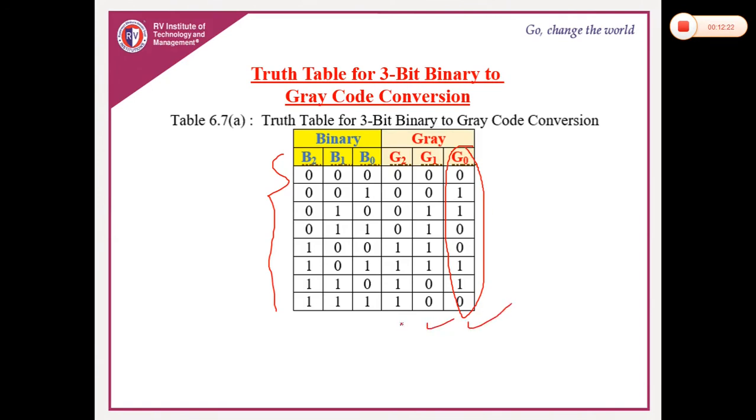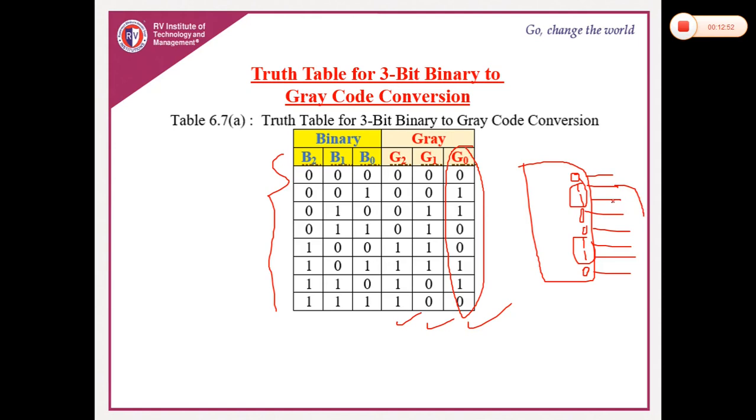So this separate, and this separate. In the IC, we have 8 outputs, right? 1, 2, 3, 4, 5, 6, 7, 8, which are active-low outputs. So first 4 and last 4. In order to get G0, first you write this truth table: 0, 1, 1, 0, then 0, 1, 1, 0. They are all active outputs. Wherever 1 is there, just take that and give it to the NAND gate input. Whatever you get at the NAND gate output is the G0 output.